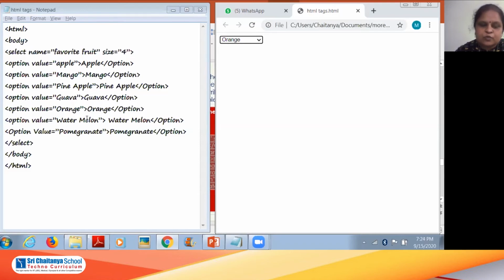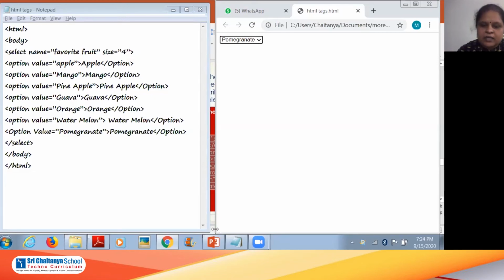Both I have used the same here, and then you close the select tag, close the body, close the HTML tag. Okay, so using this we can select like this from the drop down box. I hope it is very clear for all of you. Is that clear? Yes, very good.